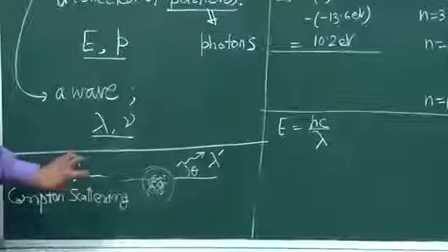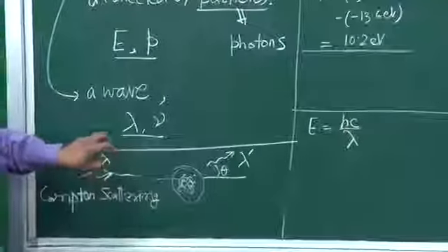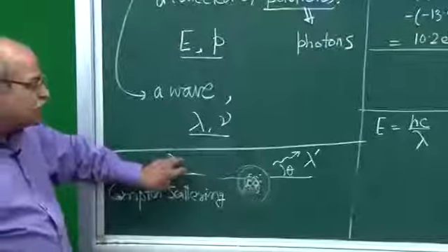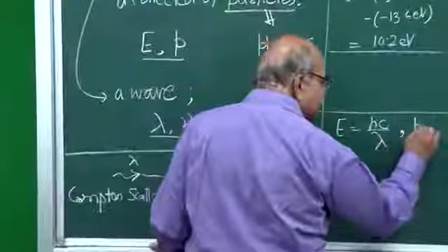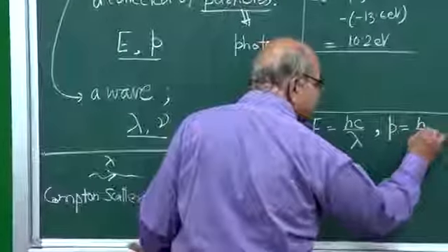So, if you treat this radiation as a collection of particles, each particle having this energy and each particle having a linear momentum p, which is h divided by lambda,